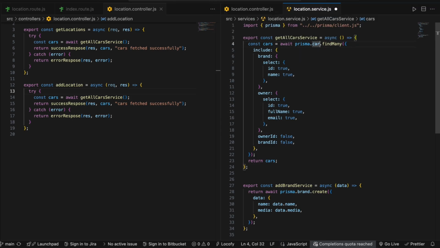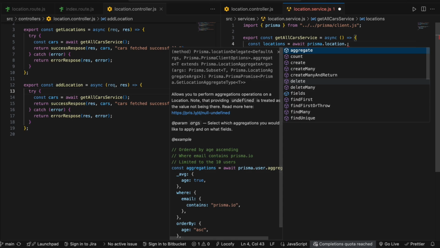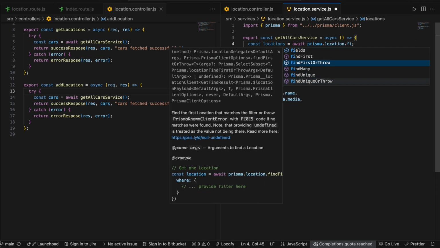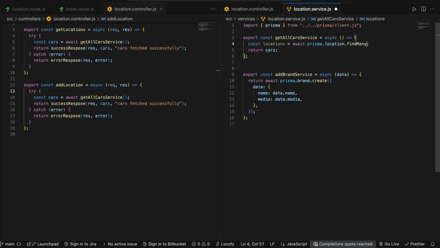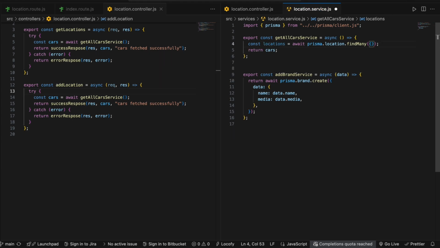So instead of car, I'm going to add location, and it will be a plural of locations. So I need all the locations which we have. So let me just see what all methods we have. So find many, so let's use this find many, and you can also add include, and you can get whatever you need. I'm just going to use find many and let it be locations,